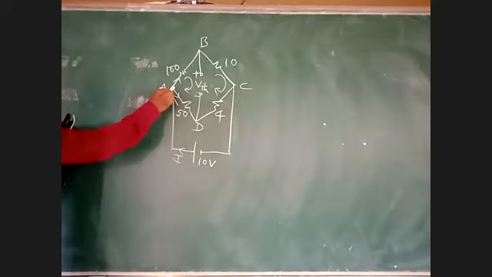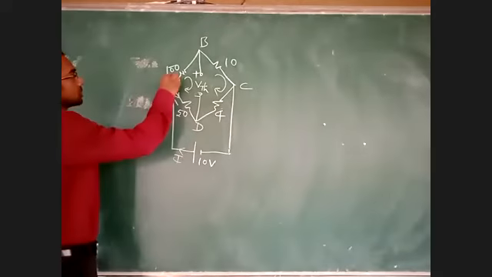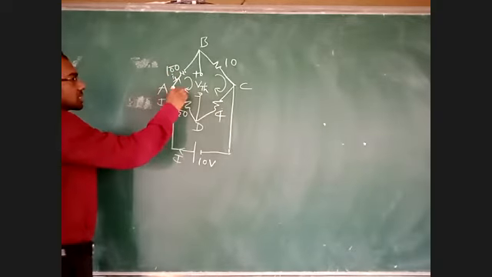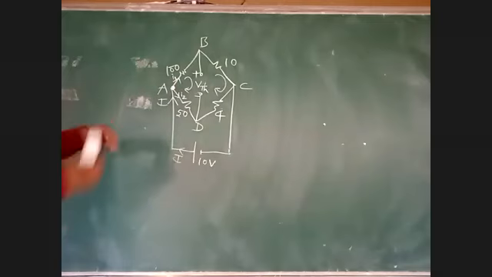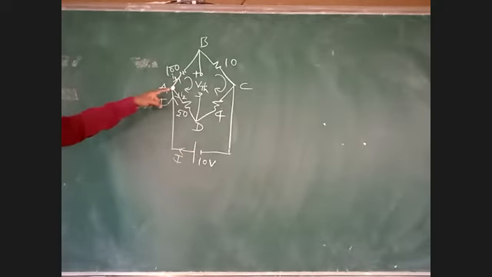This is the incoming current here. It is dividing because this is the node point. At a node, current will divide as I1 and I2. Let us assume the current here is I1 and the current in this branch is I2. This battery is delivering the total current, which comes here and divides as I1 and I2.